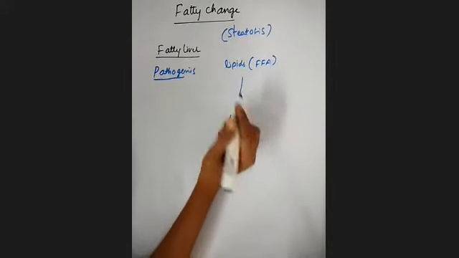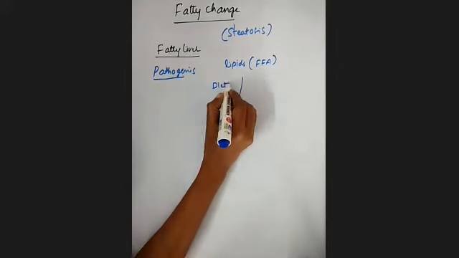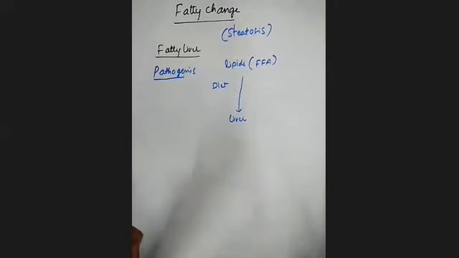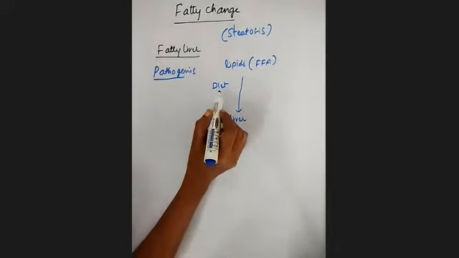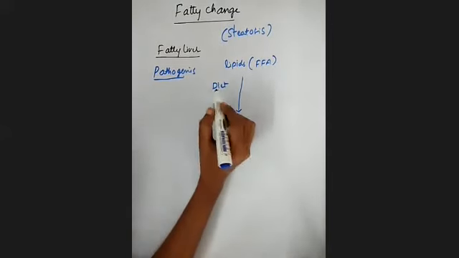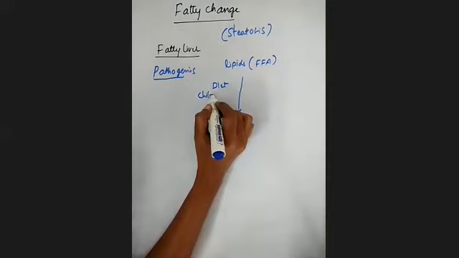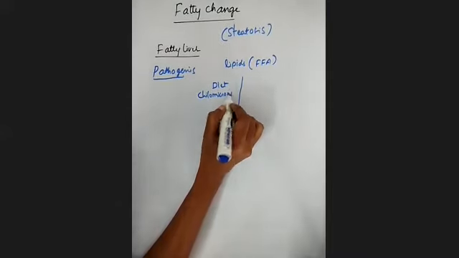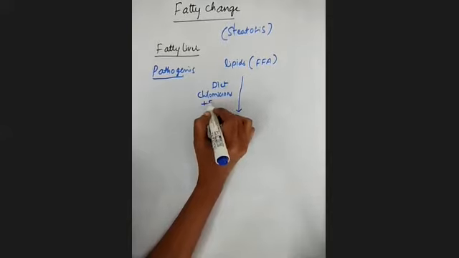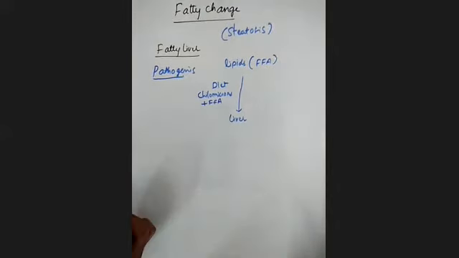The first source is the diet. The free fatty acids that are present in the diet enter inside the cell. How do these free fatty acids in the diet enter the liver? In the form of chylomicrons and free fatty acids. In this form, mainly through the diet, the free fatty acids enter inside the